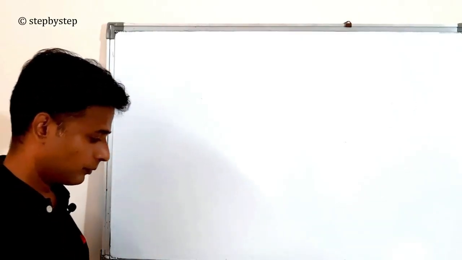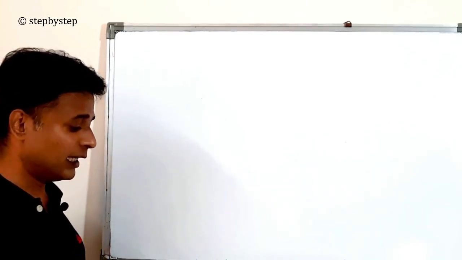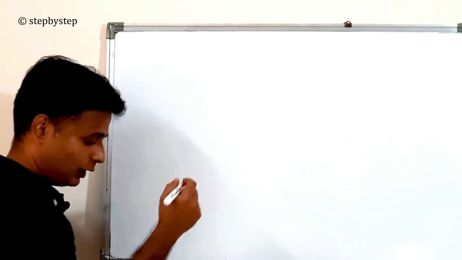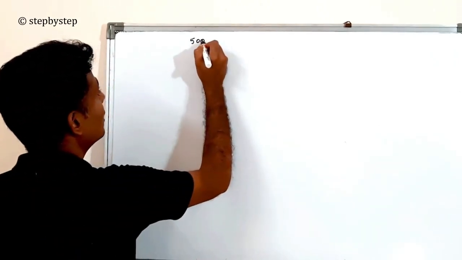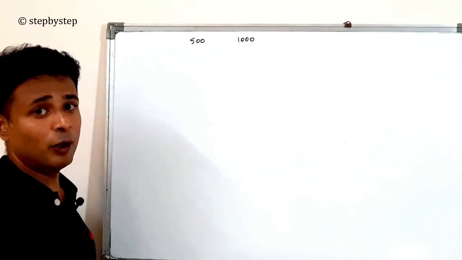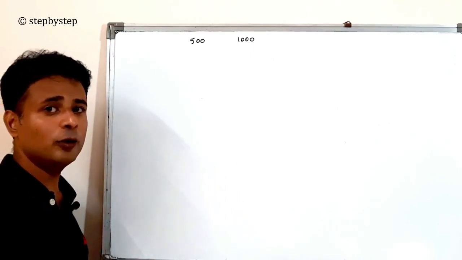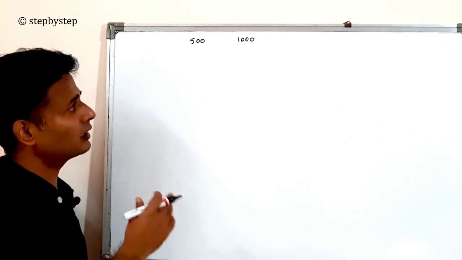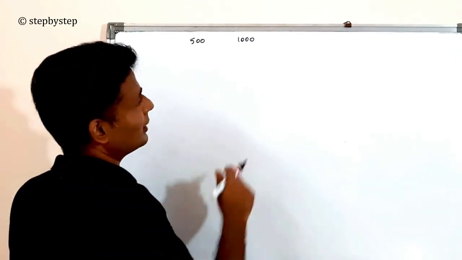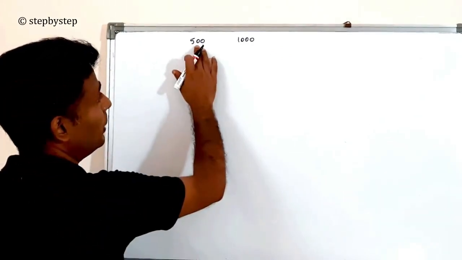Eighth problem. Find the sum of integers between 500 and 1000 that are not divisible by 5. Okay, between 500 and 1000. Now they have asked you to get the sum of numbers which are not divisible by 5. So how do you get the sum of numbers which are not divisible by 5? So first what we'll do is we'll find the sum of numbers divisible by 5, that is between 500 and